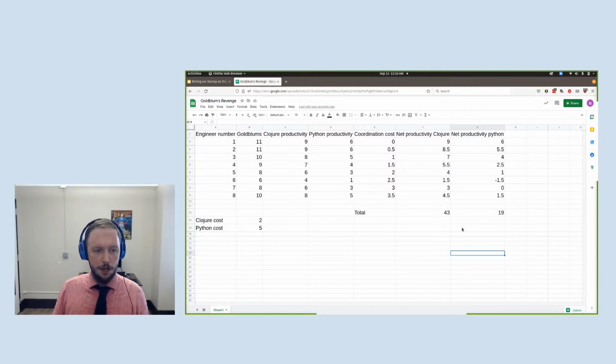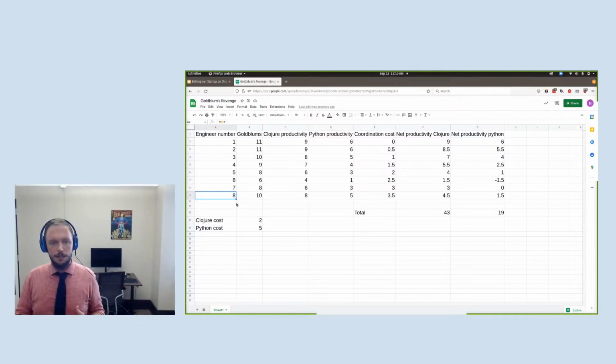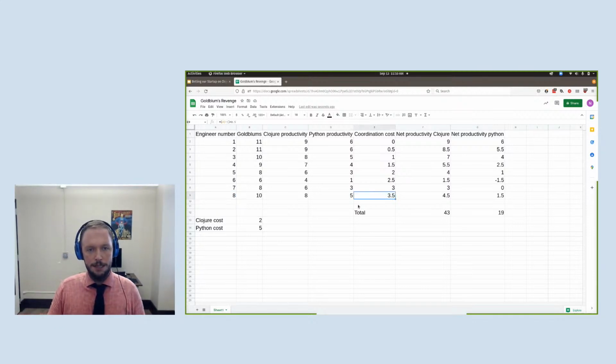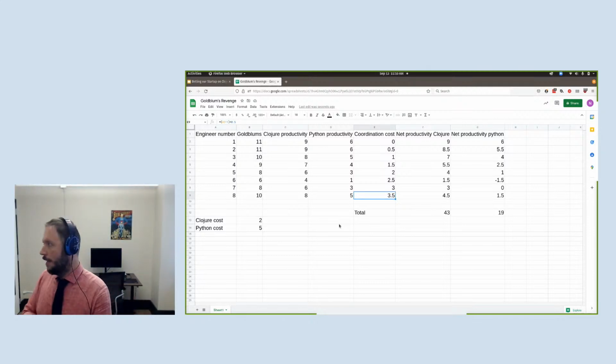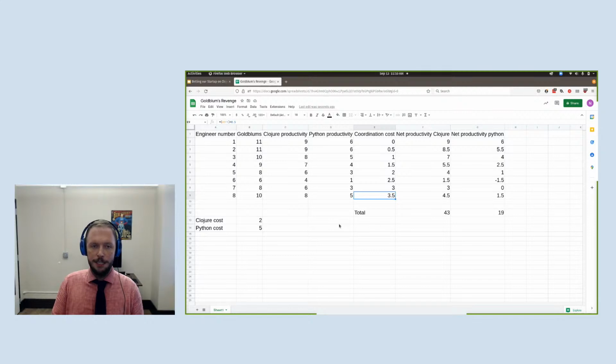And the thing is, I stop at 8 here for a good reason, because the coordination cost, once you get beyond about 8, just becomes intractable. 8 is roughly what I think of as the highest number of engineers that you can have on the team. Past that point, you need to split off, divide into 2 teams.